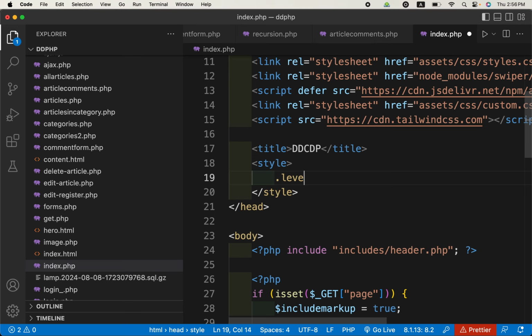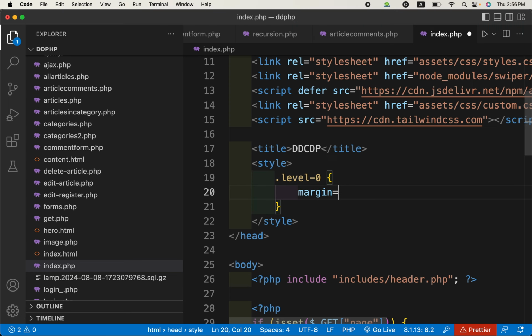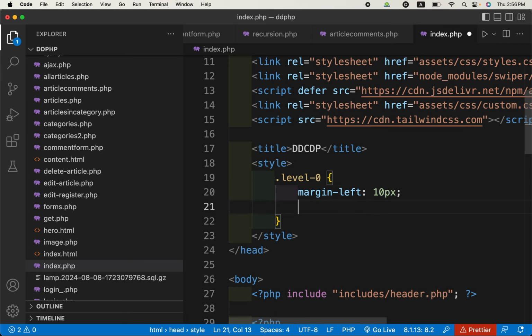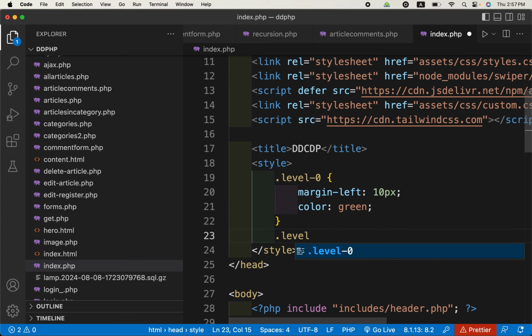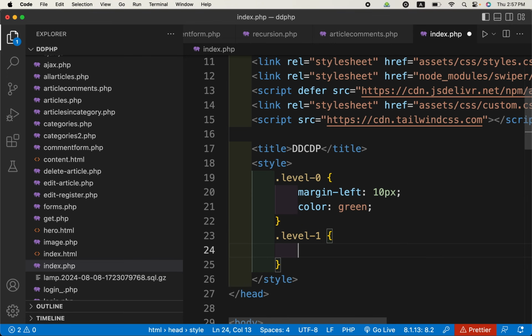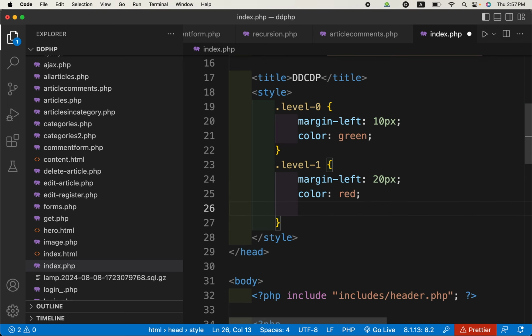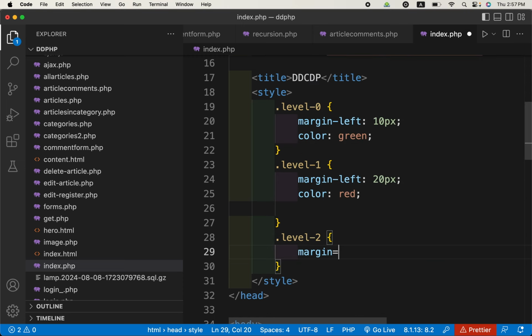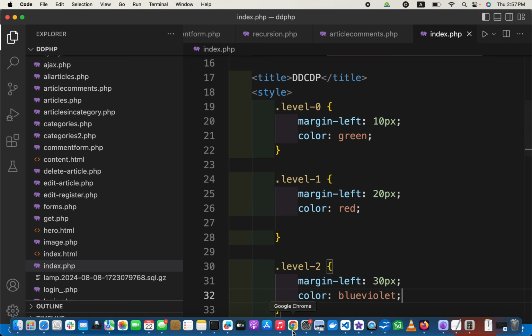So .level-0 will have margin-left 10 pixel, color green. .level-1 will have margin-left 20 pixel, color red. .level-2, margin-left 30 pixel, color brown, whatever. Okay, if I refresh the page,